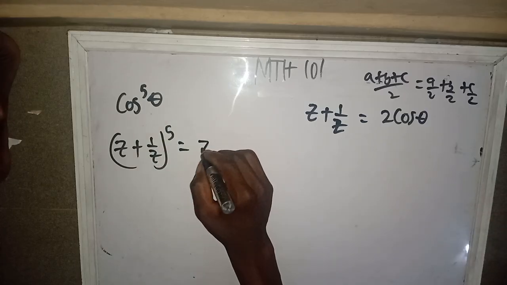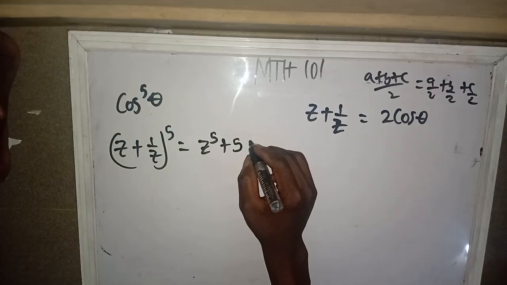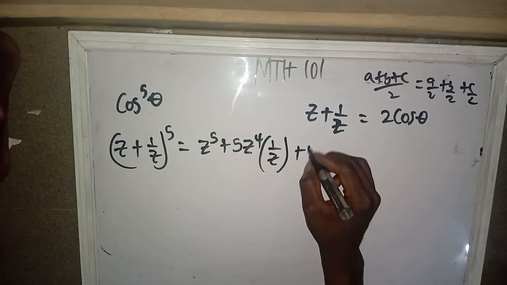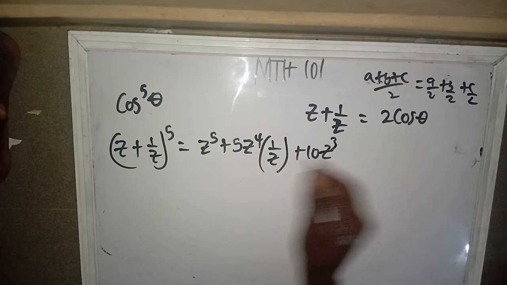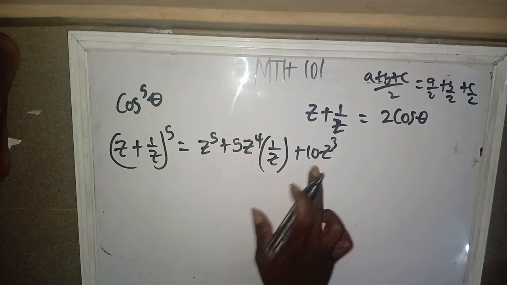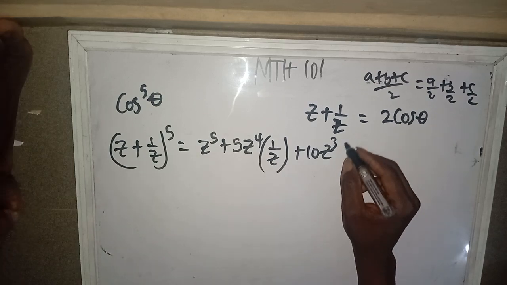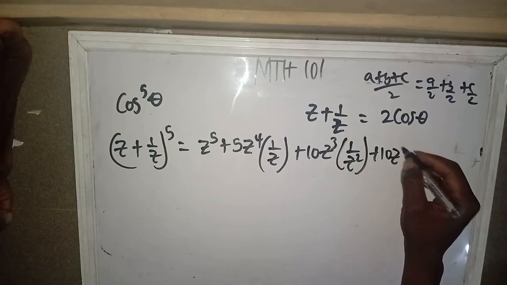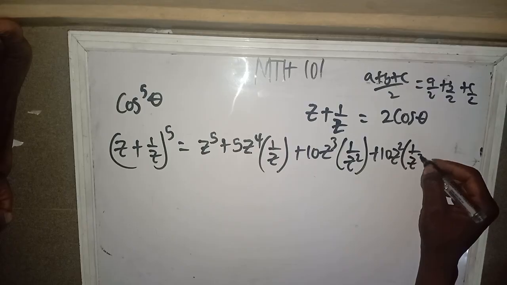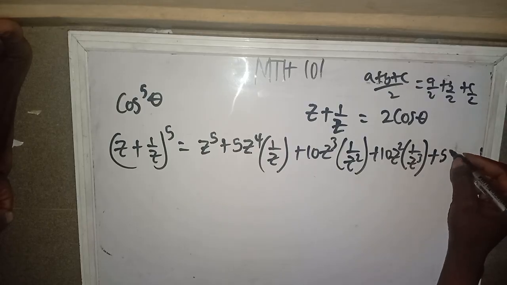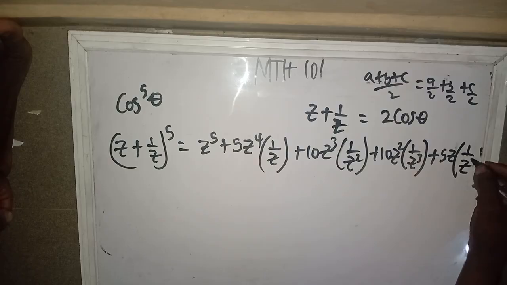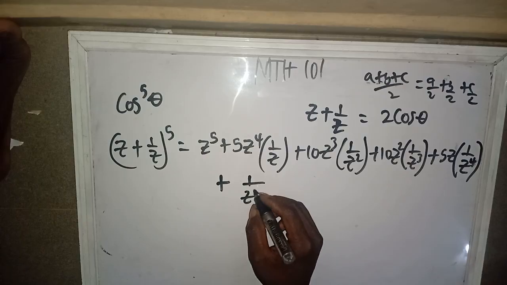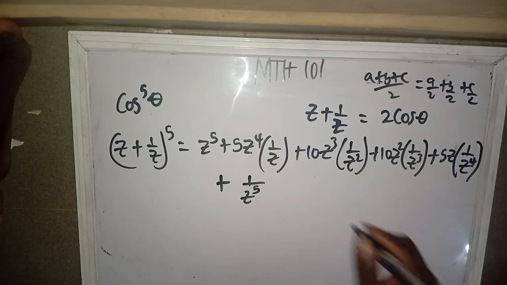It's going to give us z raised to power 5 plus 5 z to the 4 times 1 over z, plus 10 z cubed. I will expand this, just that the sign will just be plus now because of this plus. 1 over z squared, plus 10 z squared times 1 over z cubed, plus 5 z times 1 over z to the 4, plus 1 over what? z to the 5, equals to